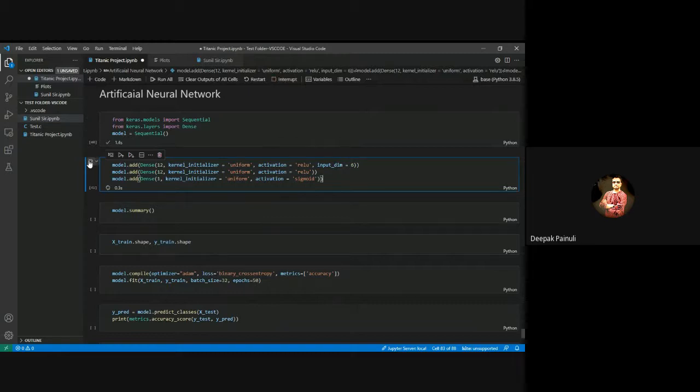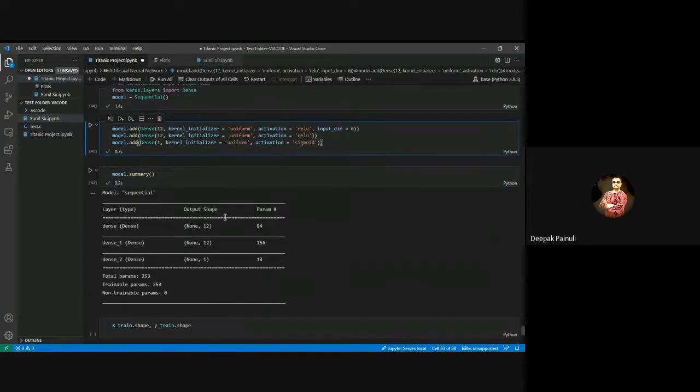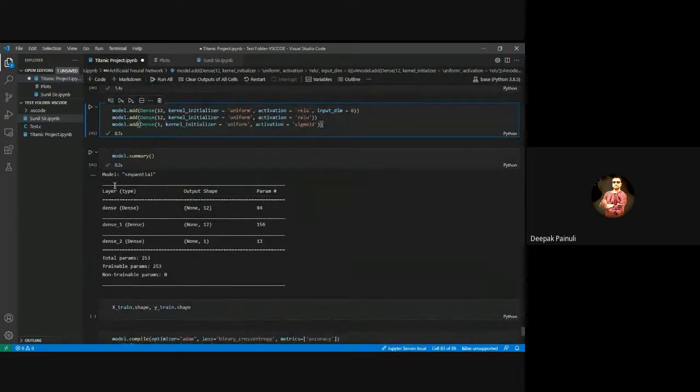Okay, it's done. Okay, model has been created, right? Let's check the model summary. We have the summary keyword. So you may check layer 1 is having an output shape of 12 and 84 parameters are there. Layer 2, 12, 12 signifies the number of neurons this layer has, right?